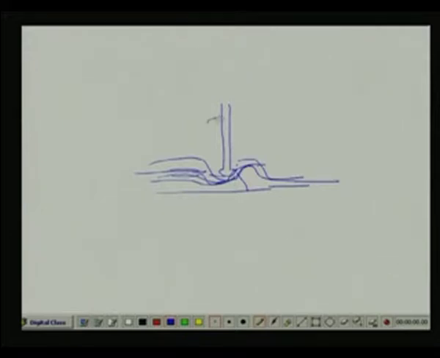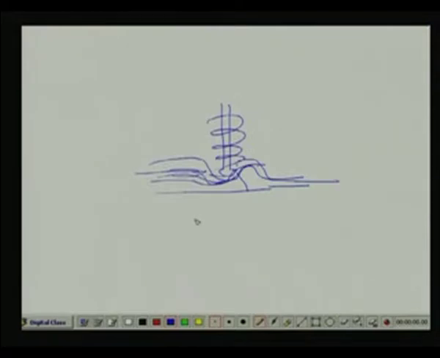So, the position of the stem, there is a spring here. The position of this we have already discussed in detail in lesson 38. You can see better pictures there, because these pictures are a little complicated. We can see it very nicely in lesson 38. Anyway, let us come to the